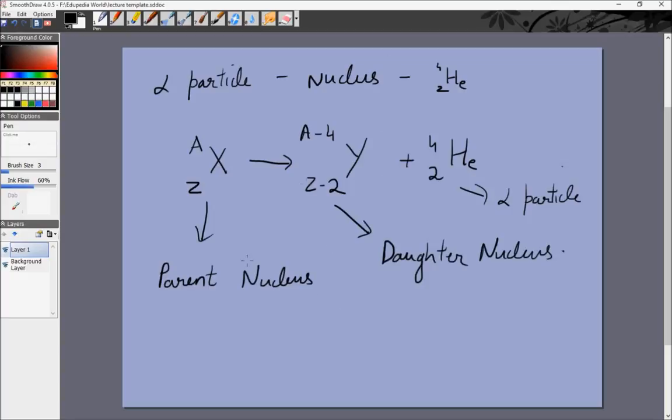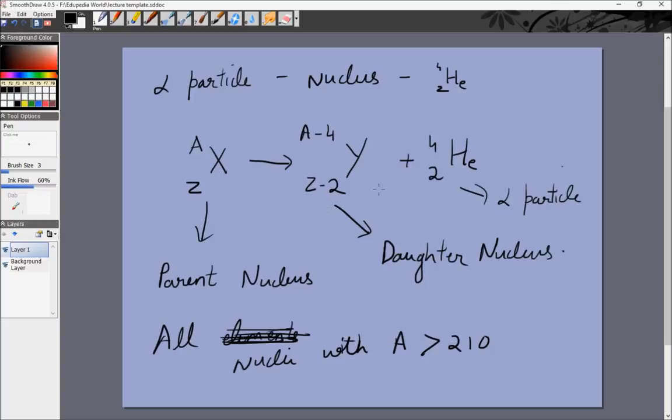Now alpha decay occurs in all nuclei with A greater than 210. So very heavy nuclei will almost always emit an alpha particle and in turn become a somewhat lighter nucleus. Now obviously, if this is supposed to be a reaction which makes this nucleus more stable, then